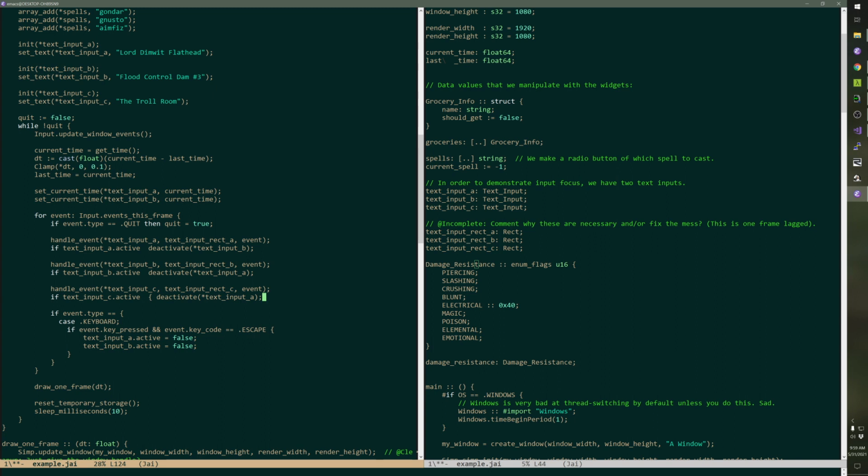I should just make a function for this. Actually, no, I just don't want to do it. So I could just make a global array of text inputs, right? And just iterate over it, which is what you would do. For now, we're just going to do this,